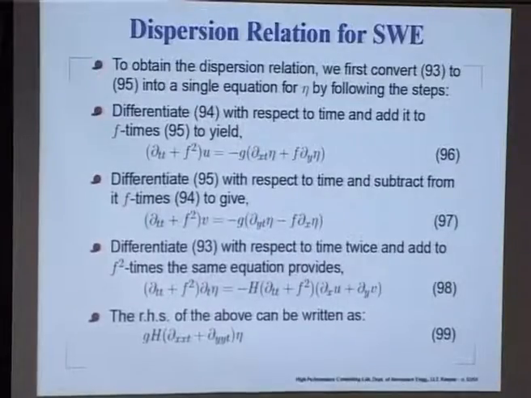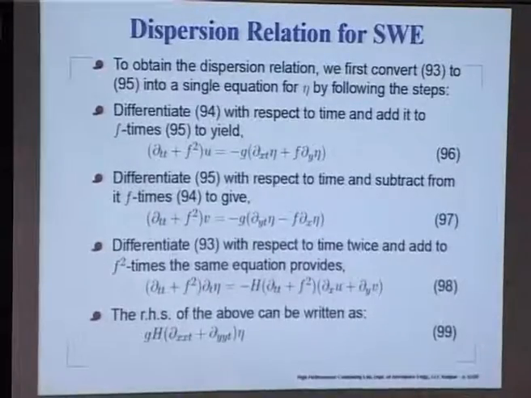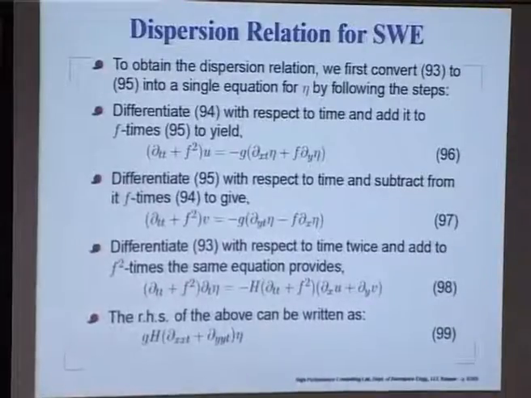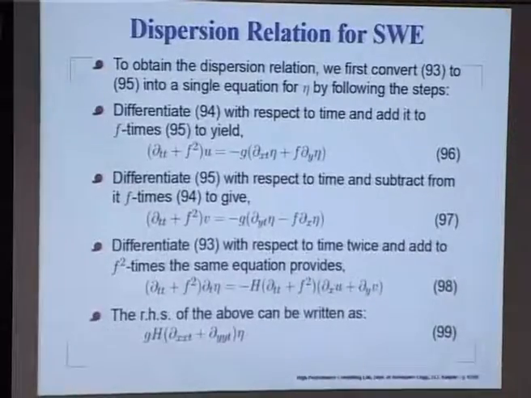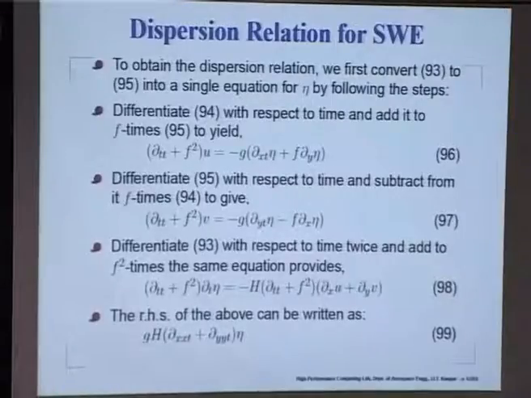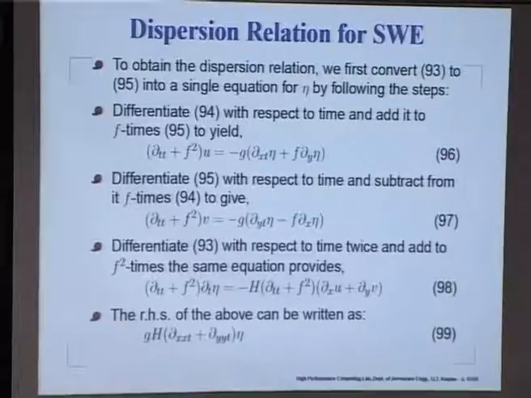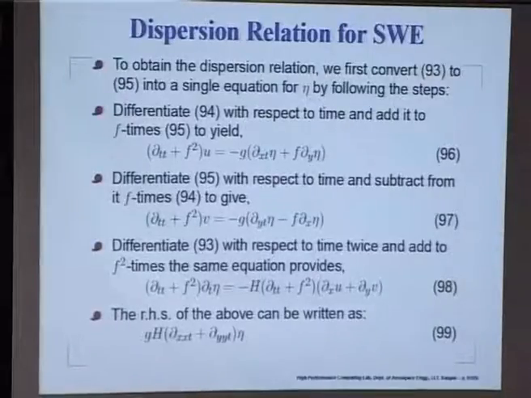What we do, we differentiate the x momentum equation with respect to time. So, it already has del u del t. So, I will differentiate it with respect to time. So, I will get del square u del t square. So, that is this term, and to that what we are going to do is